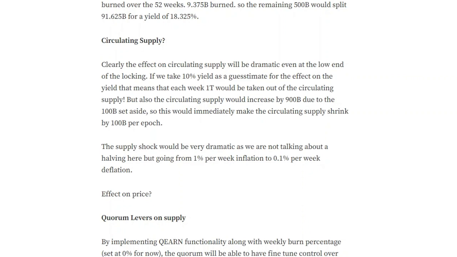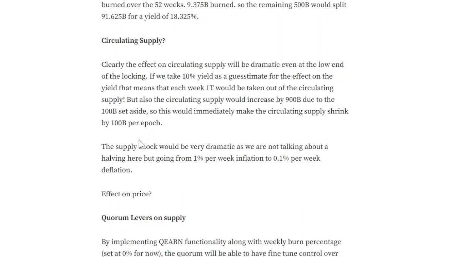If we take a 10% yield as a guesstimate for the effect on the yield, that means that each week 1 trillion will be taken out of the circulating supply. But also the circulating supply would increase by 900 billion due to the 100 billion set aside. So this would immediately make circulating supply shrink by 100 billion per epoch. So basically what he's saying is that per epoch, 100 billion would stop existing, and that 1 trillion would be taken out of the total supply